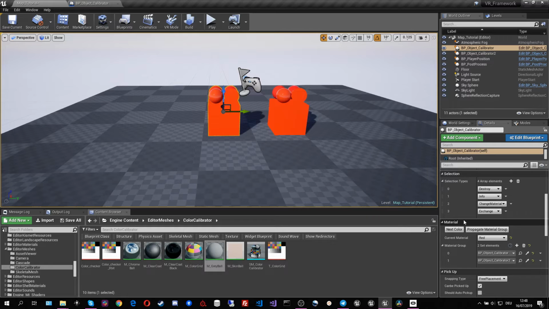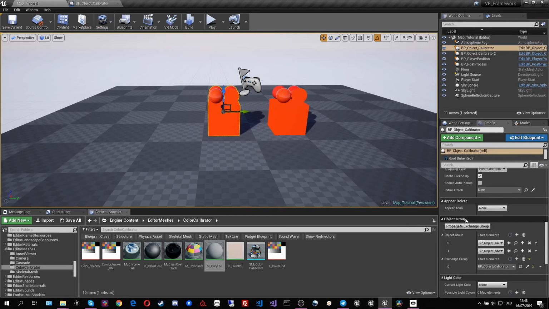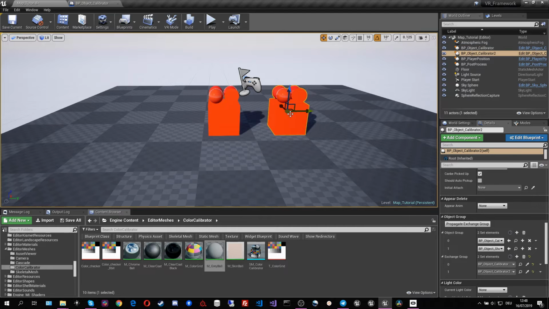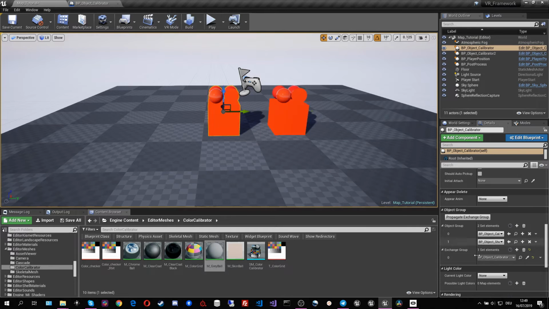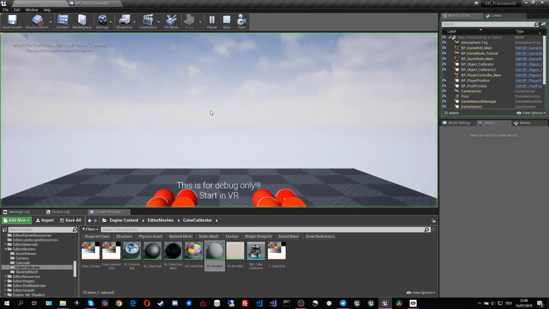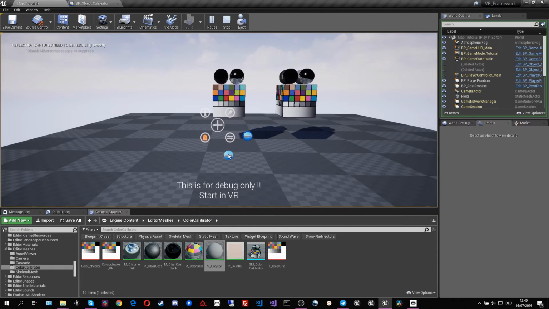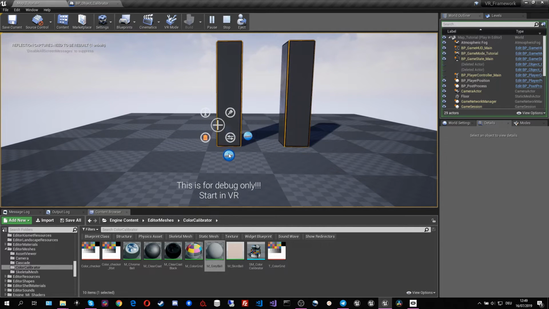The same for the material also exists in an object exchange group. So we want to add this element to the object exchange group. That means we have to select it, and now this element will be changed as well equivalently. So now if you press play and we hit that, you can see both objects are being changed. That is very useful if you want to be changing multiple chairs or multiple desks at the same time